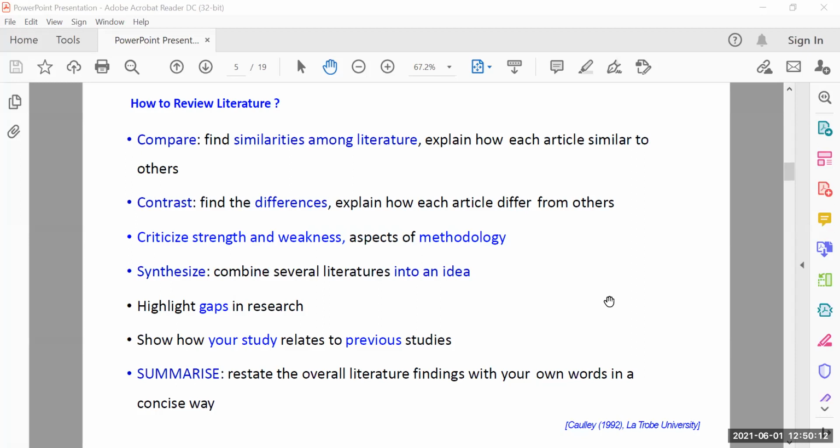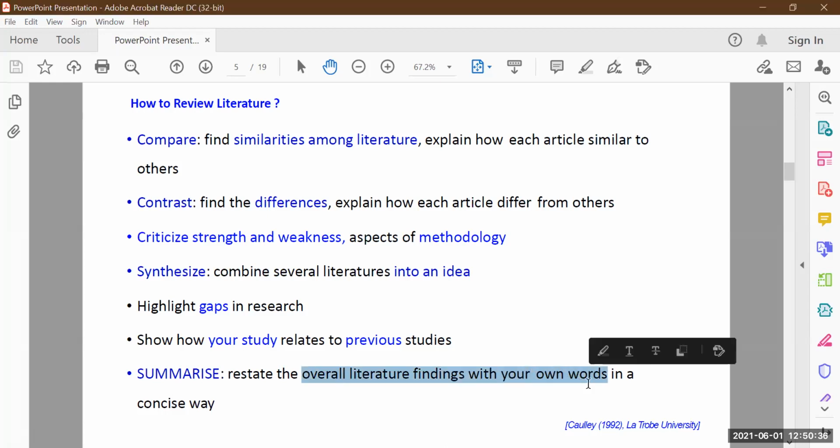Literature review is also going to relate your study to all the previous studies in that area, right? And finally, summarize, make the summary of the overall literature findings: what you have found, what concept you got, what different methodology you have got, and what work is supposed to be done that is not present in the literature.